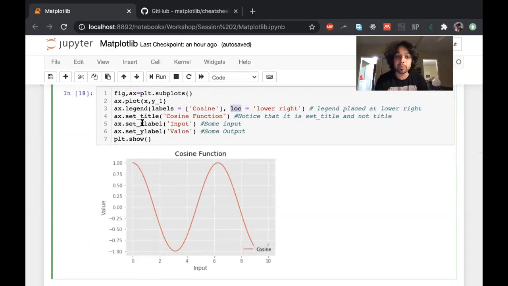It was confusing for me because ax.label doesn't work. And ax, when it's created from plt.subplots, is different from the module object plt. So keep that in mind whenever you're coding.